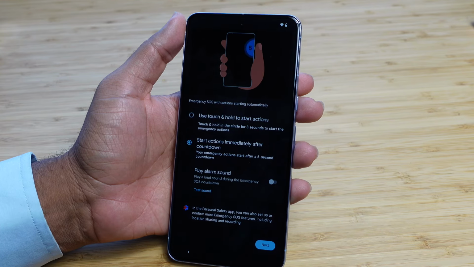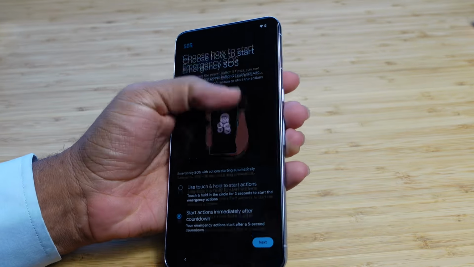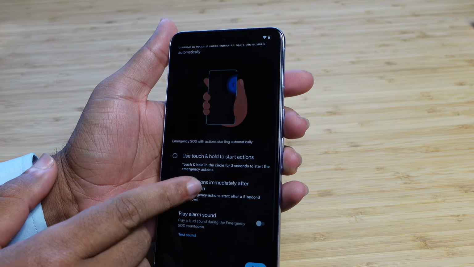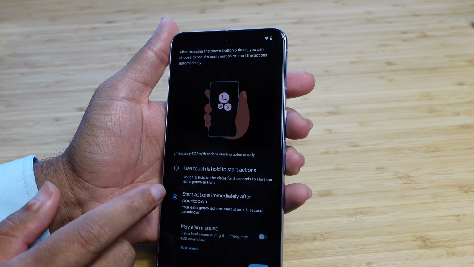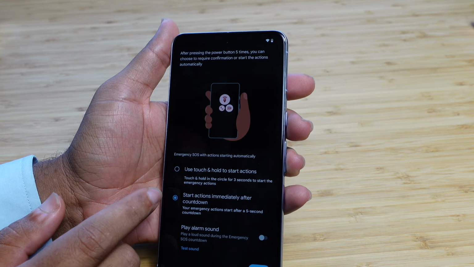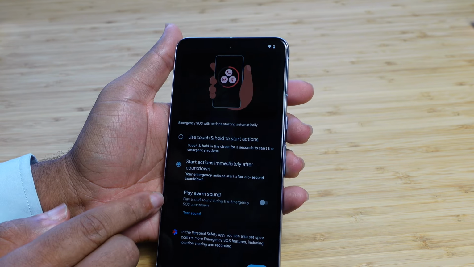So no matter which option you pick here, you'll definitely hit the button 5 times to activate the SOS feature. This option that you select here just determines how it calls 911, whether you want to touch and hold the screen or whether you want it to automatically call after it counts down. So we'll keep it on the countdown option, and then we'll keep the alarm off, and then we'll go ahead